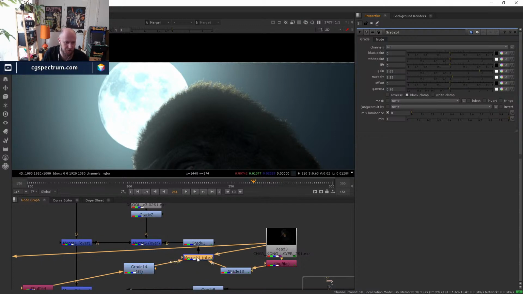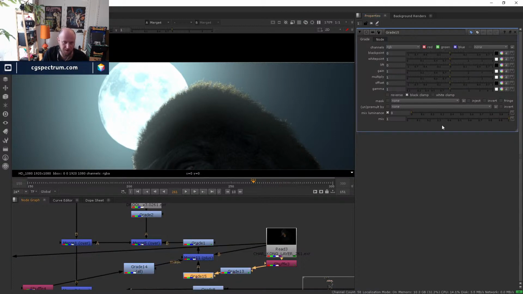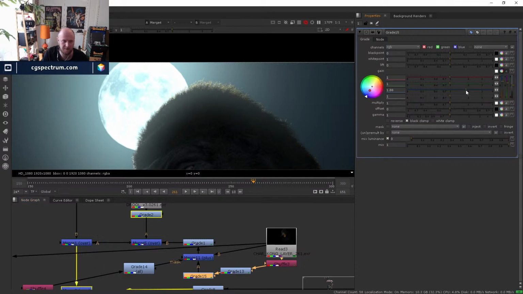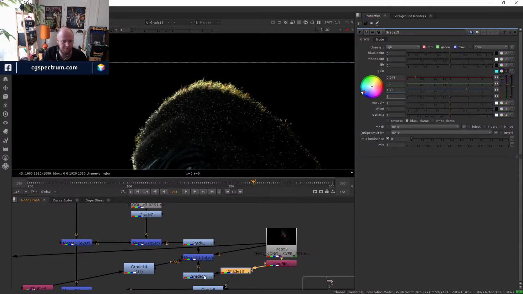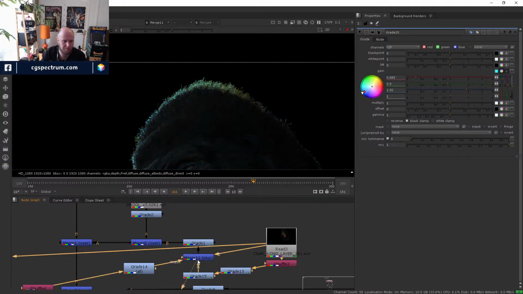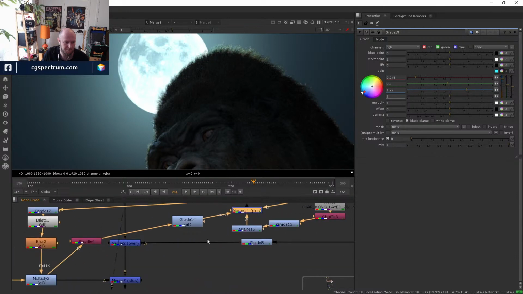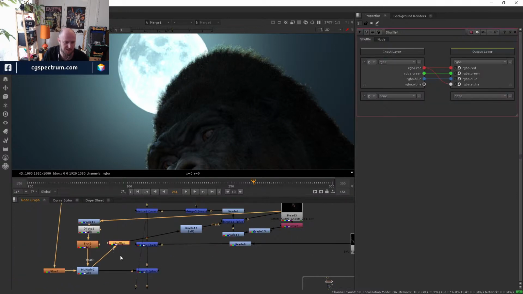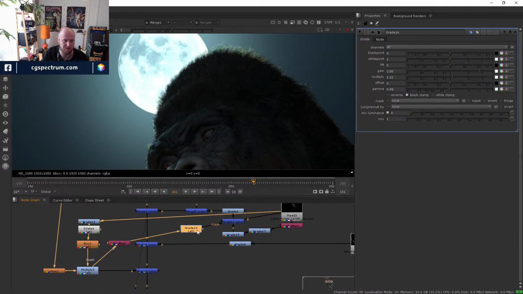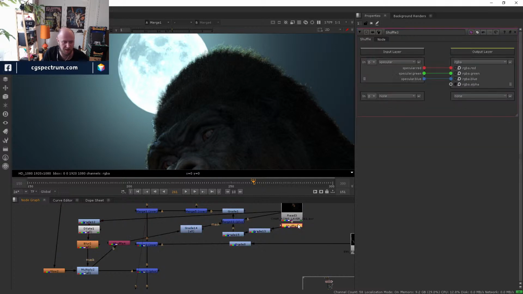So yeah, you can kind of play with that. We could also modify the color of this specular pass so that it was more of this blue kind of hit from the moon. So you could always do that. So you can see, yeah, shuffling color channels into alpha, using them as masks, shuffling out